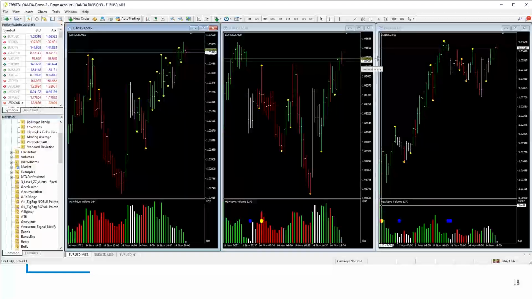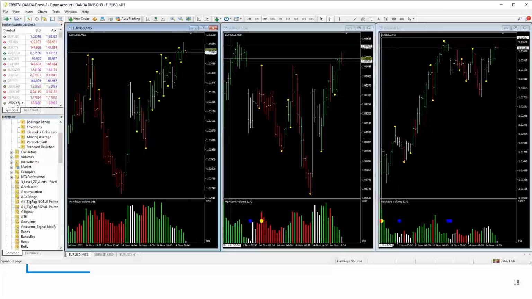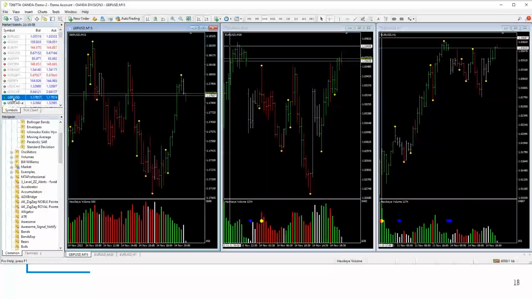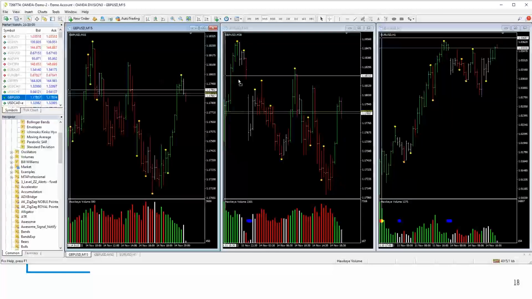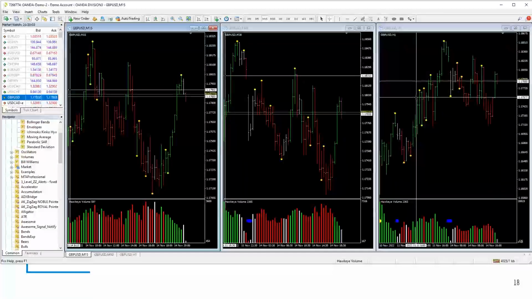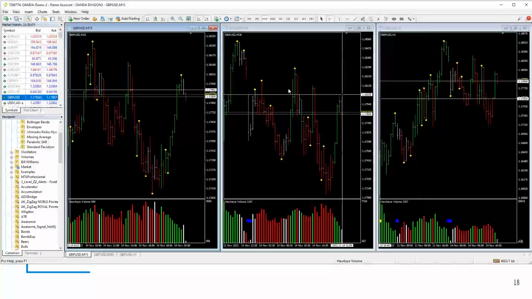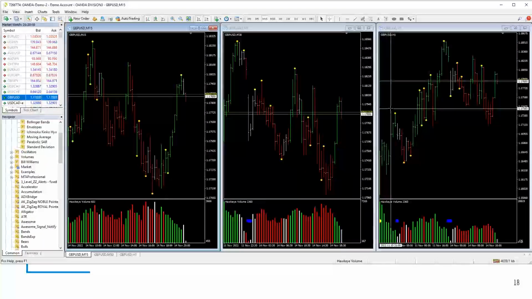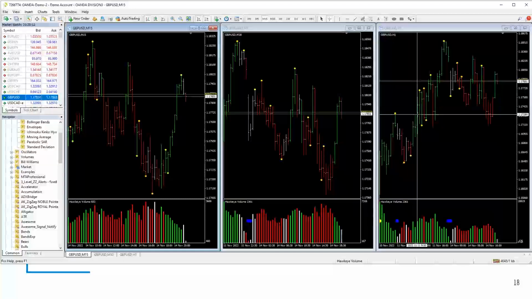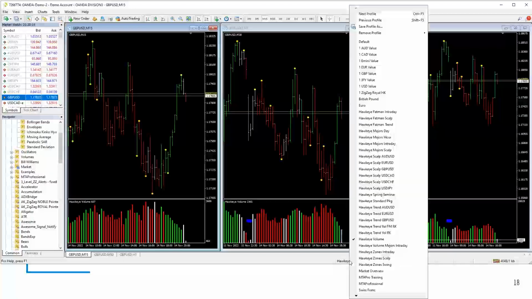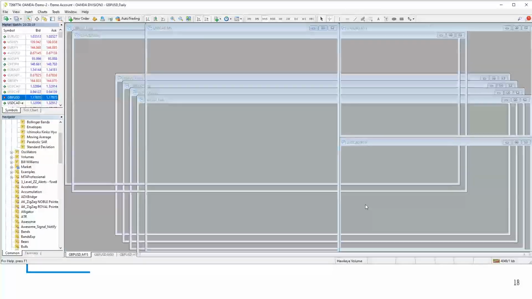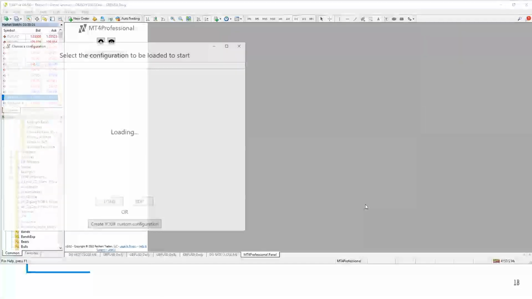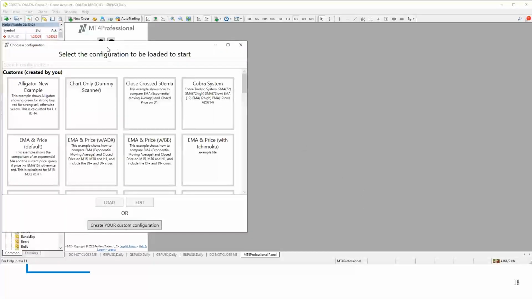Also, if I want to quickly change symbols, if I'm looking through different items, then I have to physically drag and drop the symbol over onto the chart in order to change it to the symbol I'm interested in. I can't just do a single click on the market watch and get it to change and update these setups. So those are all things that I have to deal with. But let me go ahead and launch MT4 Professional for you and show you all of the features that we have involved in that. First thing I want you to see is that it comes up clean.